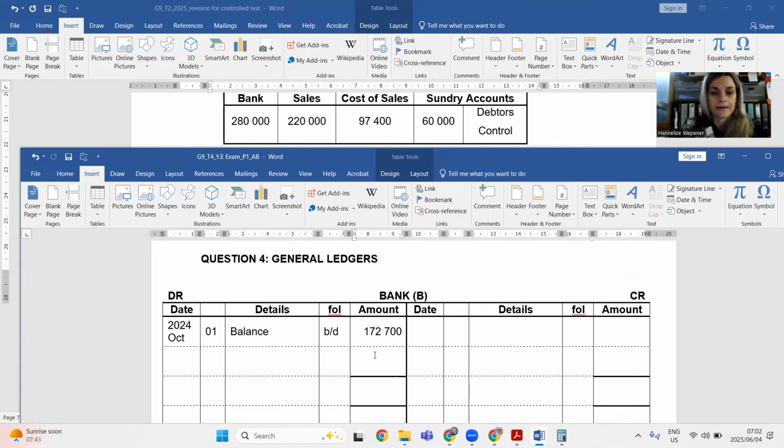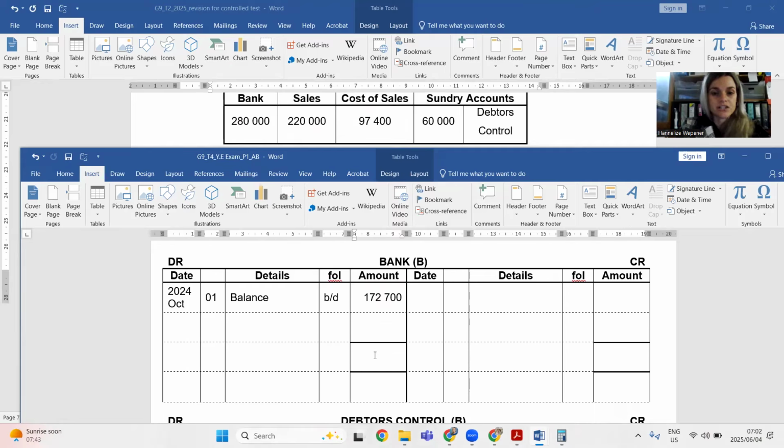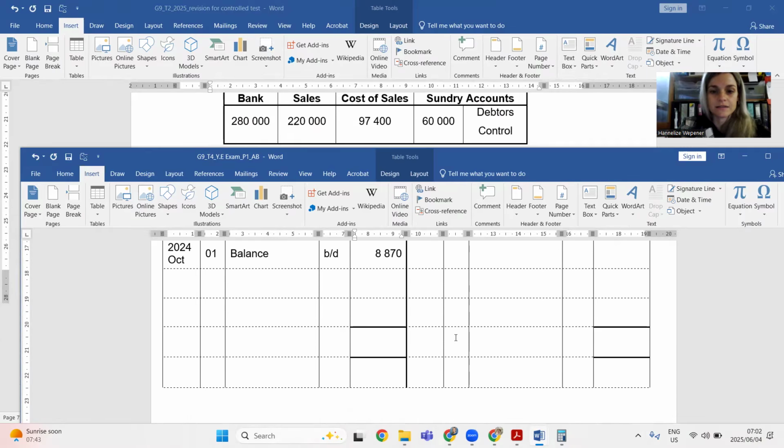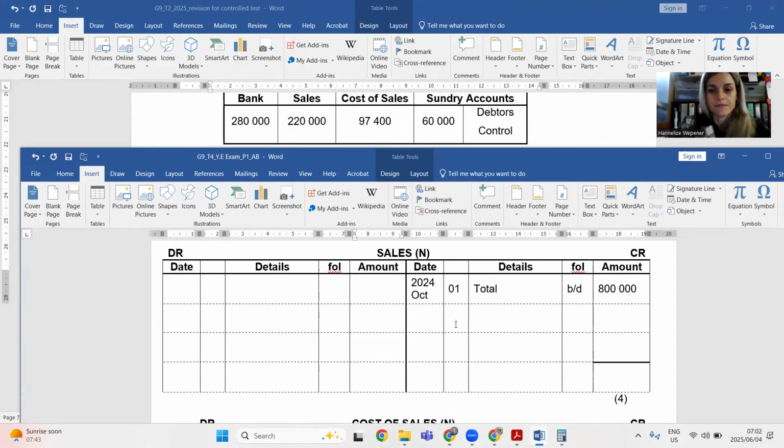So starting with bank. Bank in the CRJ means that I had receipts, cash receipts journal. We had to wait until the last day of the month to see what our total receipts were in the CRJ. So we are increasing this asset with a debit entry. The reason why we received this money, because now we have to do the credit, is because we had sales. So we go down to sales. By the last day, in total received, therefore bank, as per my CRJ,